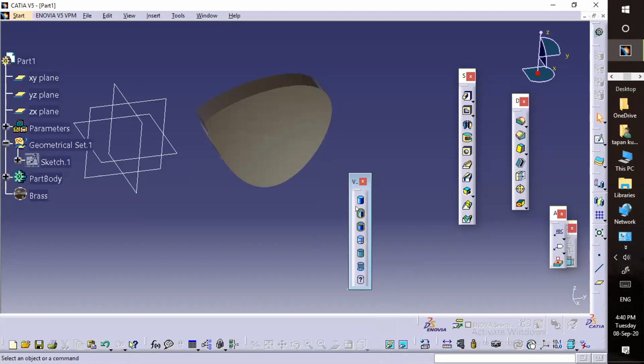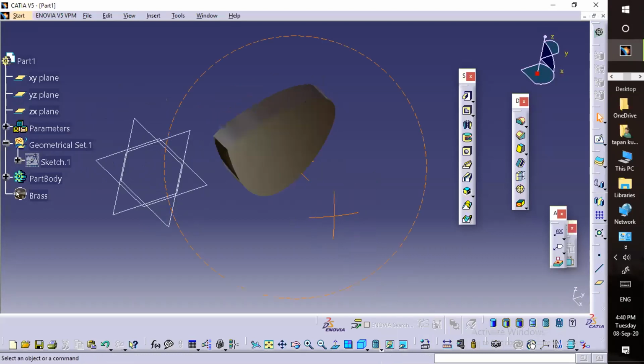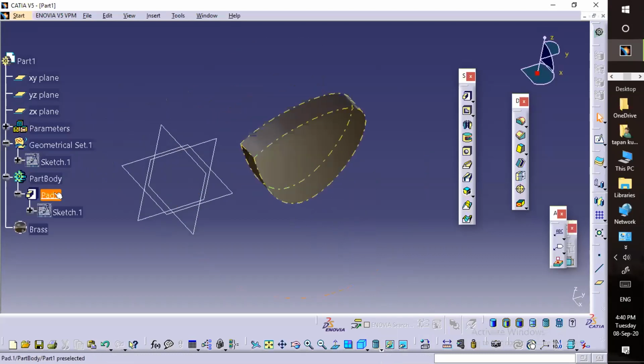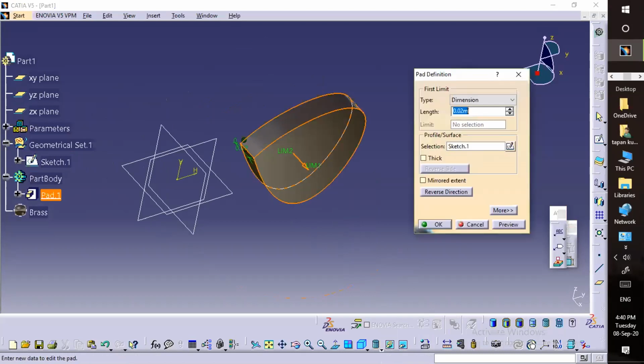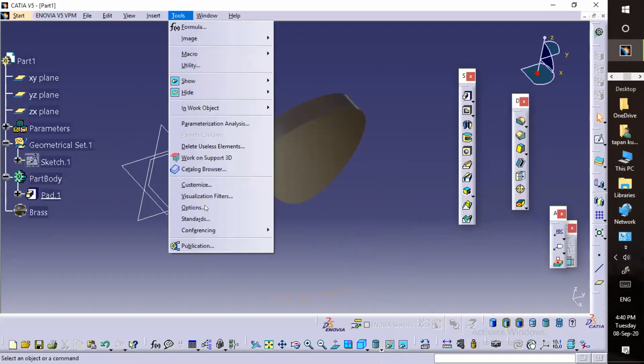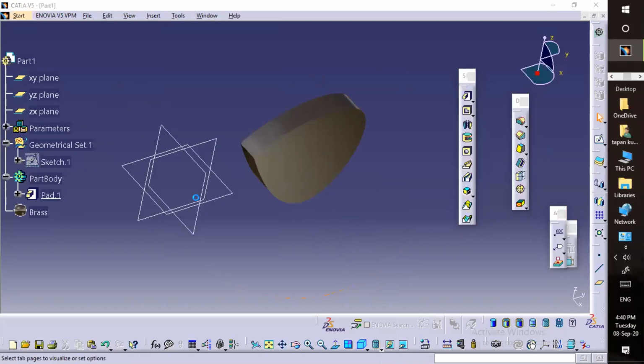As you can see, I have applied the brass material. Then the next thing is that you need to know the thickness, 0.02 meter. Let me convert it into mm. The unit is important.